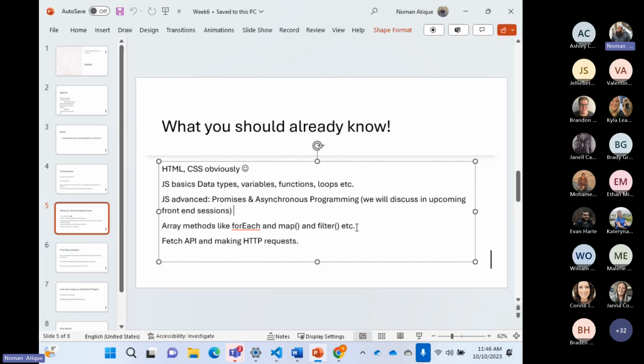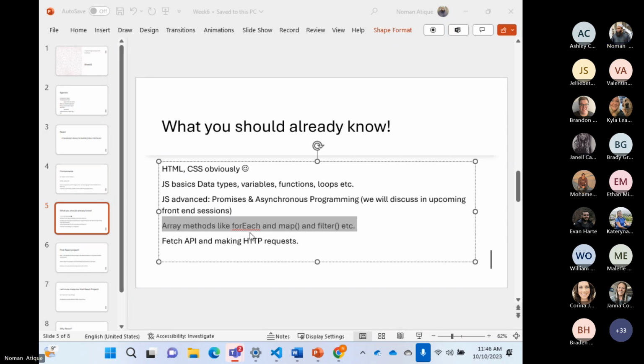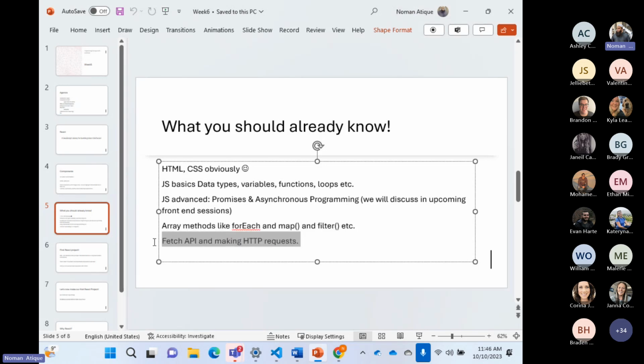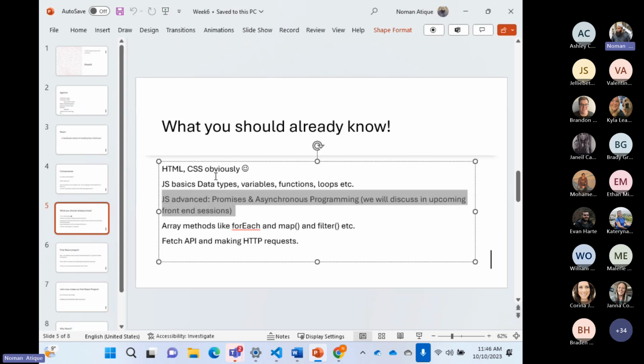React. But then there is something that we have already talked a lot about last class also. Array methods like forEach, map, and filter. We'll be using these methods a lot of the time. Why? Because these methods will also play a very important role while we'll be working in React. Then fetch API, making HTTP requests. This topic, the last one, and this one will be continuing alongside, parallelly. But of course, the amount of knowledge that is required to start React, we have already done.